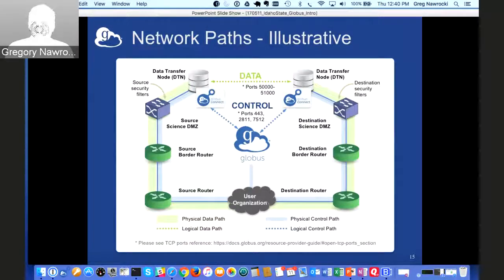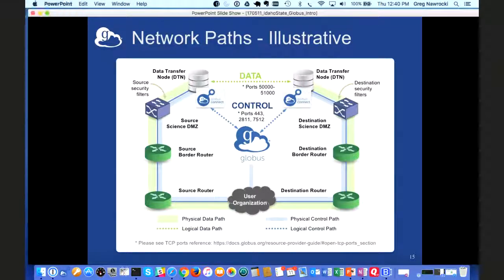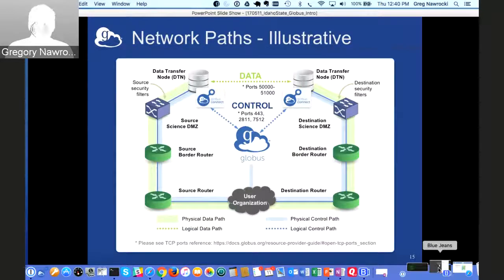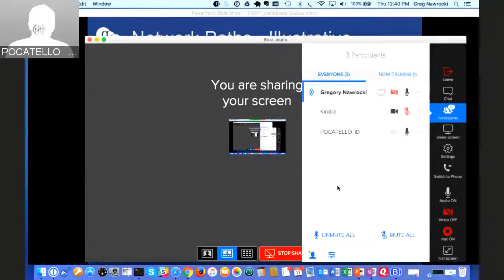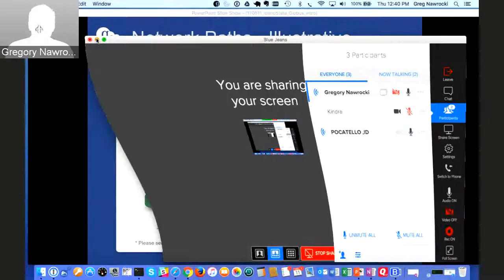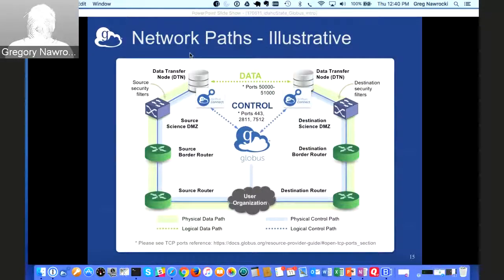Let me just pause for a second if there are any questions here. I should have done that after the demo, but it'll allow me to get a drink too. Just double check to make sure. Doesn't look like we have any questions here so far. Okay, good. Okay, so here we go.